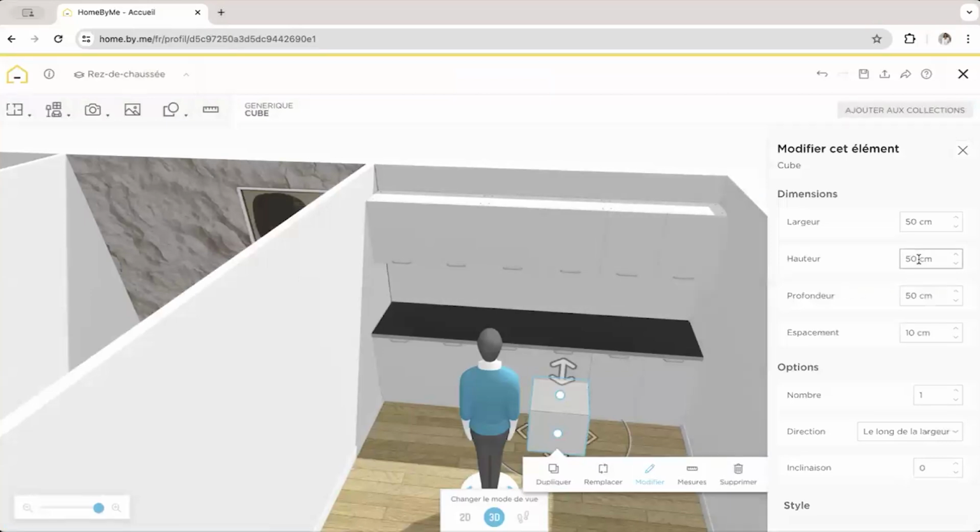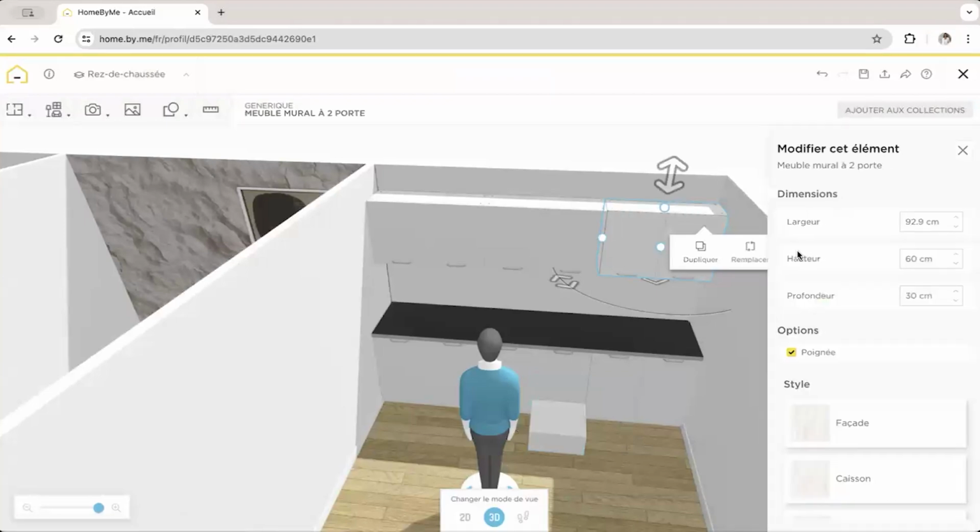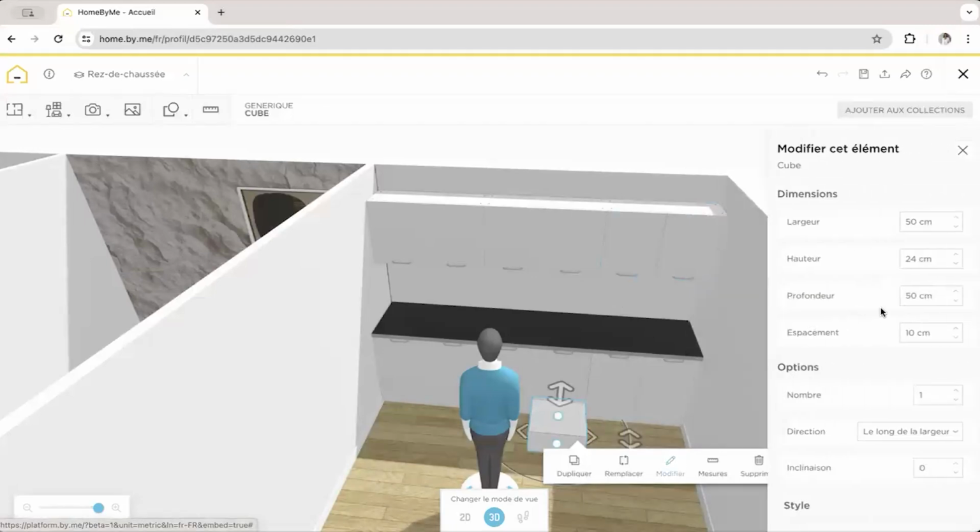So by clicking on my cube, by clicking on edit, I'm going to change the height first. I need my formwork to be the same depth as my furniture. So first, I'm going to click on my furniture to find out the depth. Here I know that the depth of my furniture is 30. So I'm going to change the depth of my cube to 30 centimeters,